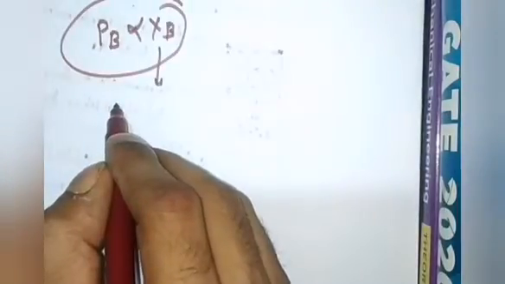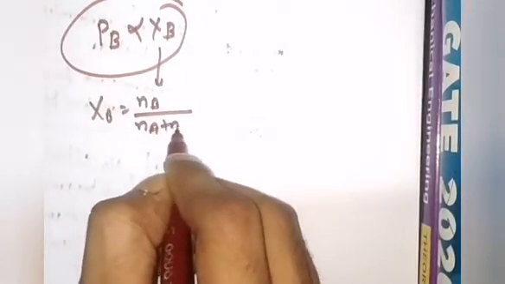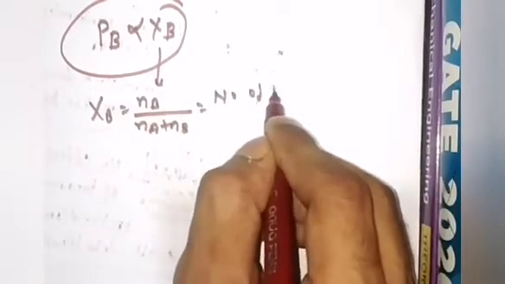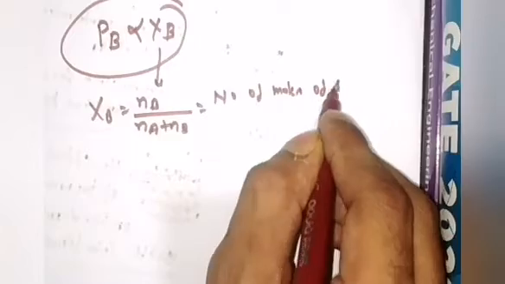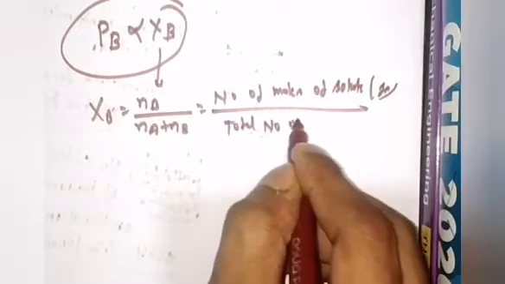So Henry discussed that if you are going to dissolve a gas into the liquid state, then the partial pressure exerted by the gas molecule is directly proportional to the mole fraction. Okay, now just understand one thing: the partial pressure I have assumed, PB, is directly proportional to XB, and regarding XB I have already discussed earlier that XB is equal to NB upon NA plus NB, that is, the number of moles of solute, that is gas, upon the total number of moles.